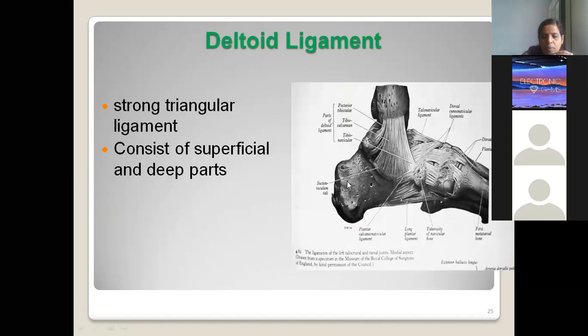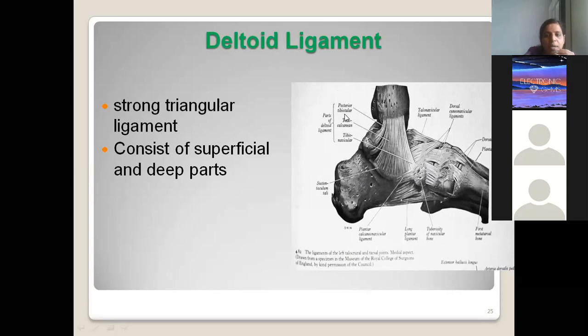What is the name of this bone? Calcaneum. Very good. So one below the other, three bones you can see: medial malleolus, then talus, then calcaneum. So this boat-shaped bone on the medial side is the navicular. As you move on, you will find the medial cuneiform, then the first metatarsal bone. You count from the great toe. I'm just giving you the orientation of the bones we are seeing here.